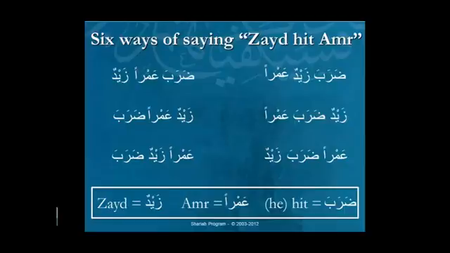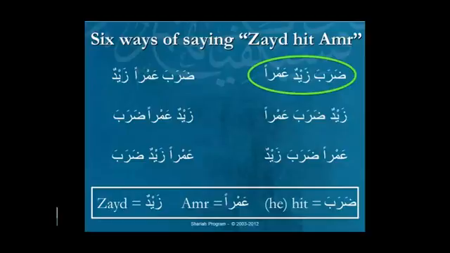If you look on the next slide, we've taken the Zaid and the Amr and the verb daraba, and we've arranged them in 6 different ways. These are the 6 total possible ways that the 3 words can be arranged, and they all convey the same basic meaning of Zaid hit Amr. In all 6 examples, the subject is Zaid, and in all 6 examples, the object is Amr. From these 6, obviously one of them is standard, the one circled green, Zaid hit Amr. So everything else being equal, this is the one you choose. You wouldn't deviate from this one for no reason.